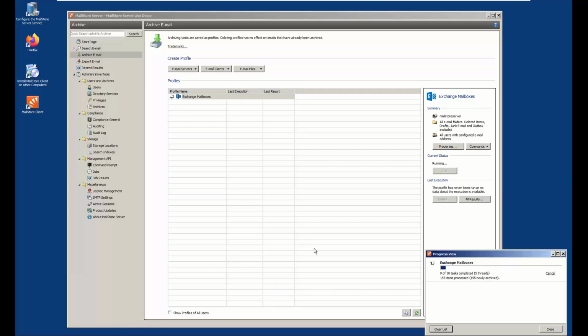So our progress view shows us 0 of 50 tasks. That's the 50 users that we're archiving mail for. We can see the 5 threads that are running. That's the default, so we're archiving the first 5 mailboxes. As MailStore progresses, we'll see the count going up, and when MailStore finishes a mailbox, it moves on to the